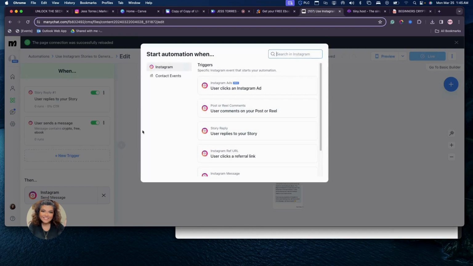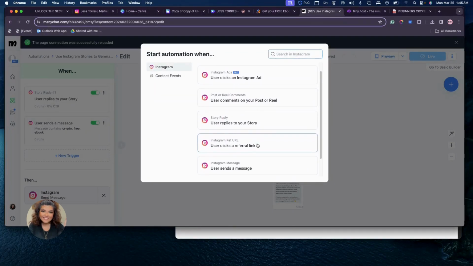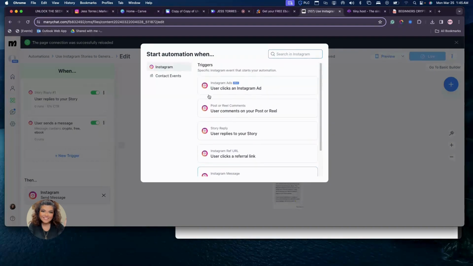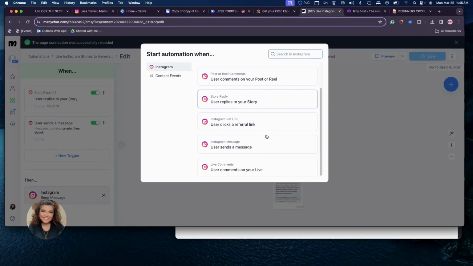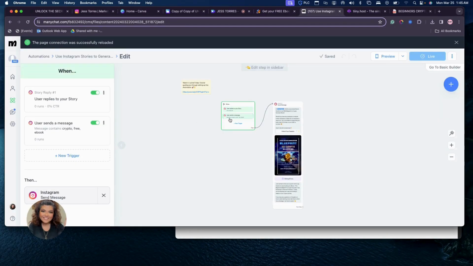And you can add another trigger if you want to when it goes into maybe referral links, and an Instagram ad that you're probably pushing, maybe other comments onto your live. You're going live about this. It's actually pretty cool. You can do that. Maybe on your post and your reel, you can do that as well. So when that's done,